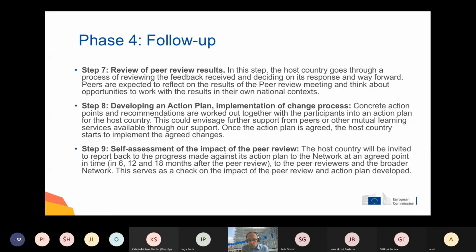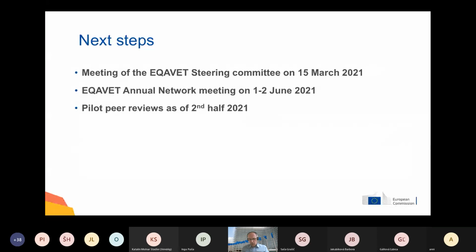or a year or 1.5 years, depending on the discussions and the things that need to be addressed. So to look back 1 year later, for example, to look at what has been achieved, what was the impact or the results following the peer review. So this is a bit the last phase, the last step of the fourth phase. And this is, next slide, please. And this is a bit how our draft concept looks like for the time being.